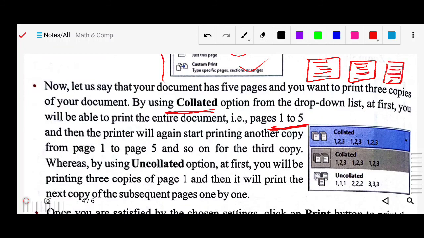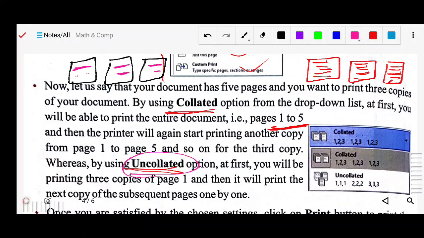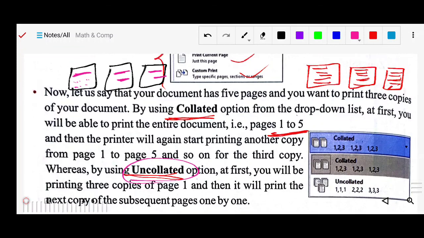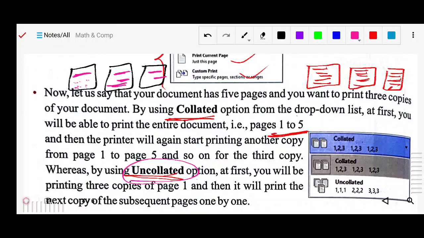But in the case of uncollated, you have to take 3 sets of your book, but what pattern will be followed? First page will be printed for each set, then second page for each, then third, then fourth, then fifth.